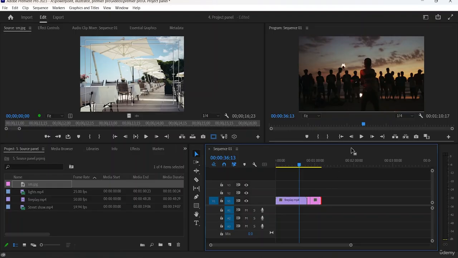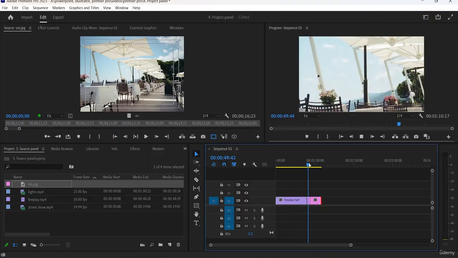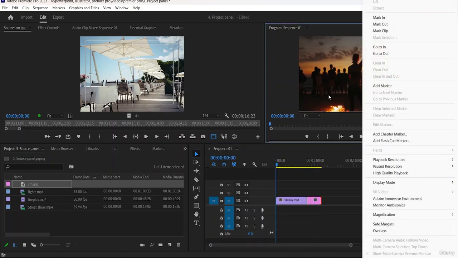Now if I play it over here, you'll notice that it is just a still image. Okay, there's no audio or anything over here. It's just a still image. All right,